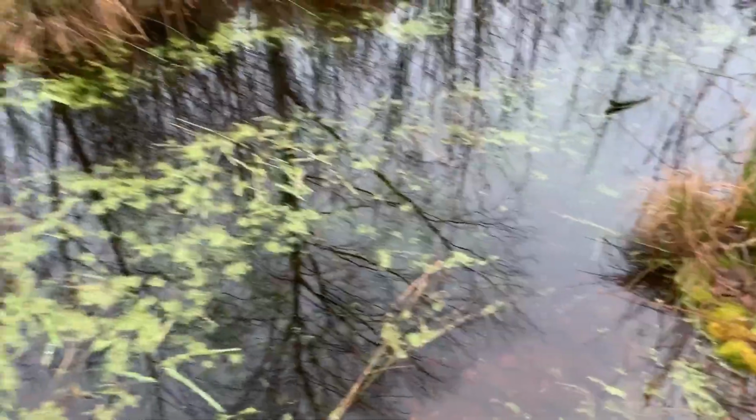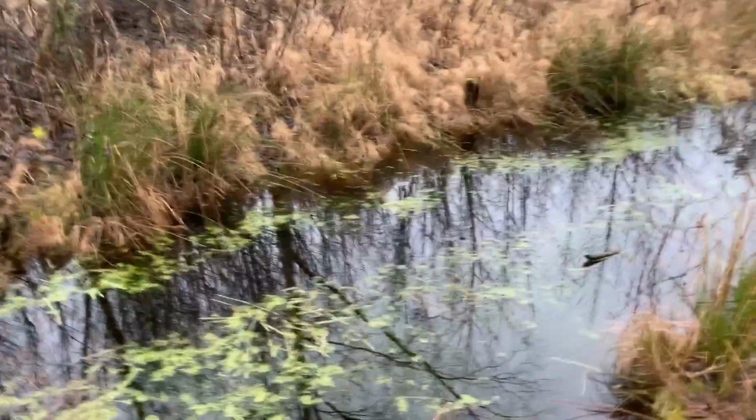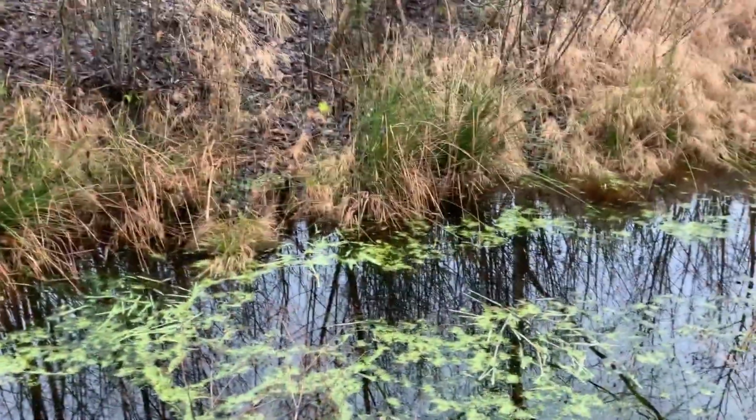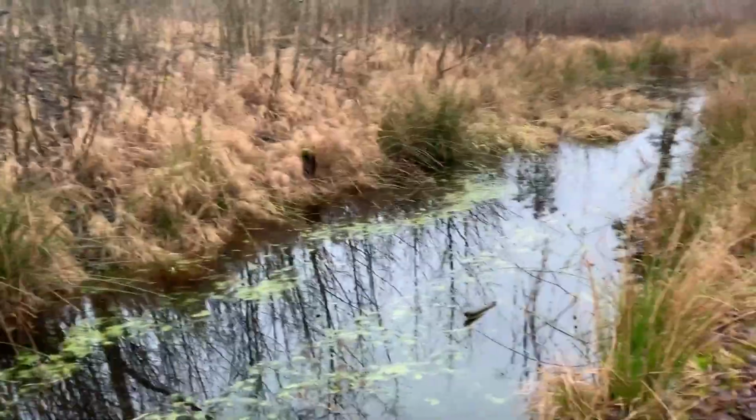There was a little fish. I think there's a fish here. I saw a fish come out to get some oxygen. But yeah, okay, I'm not going to step any further. So even though we pumped out a lot of water,